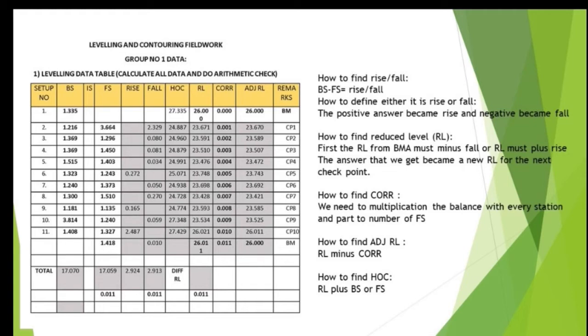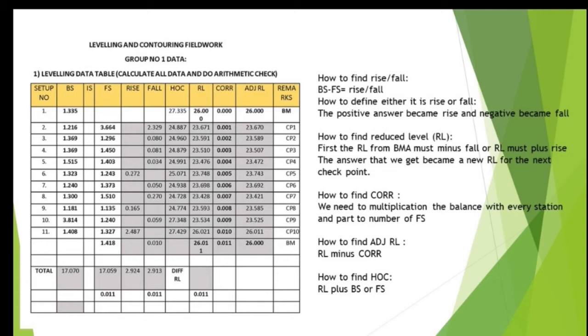Then the station number is 2, then we multiply it with 0.011 and divide it with 11, then we got the answer 0.002. Then it goes like this to the last station. After we got the correction, we will find the adjusted RL. To find the adjusted RL, we subtract the correction from RL. So we go for the second RL, 23.671, subtract with the correction 0.001. We got the answer